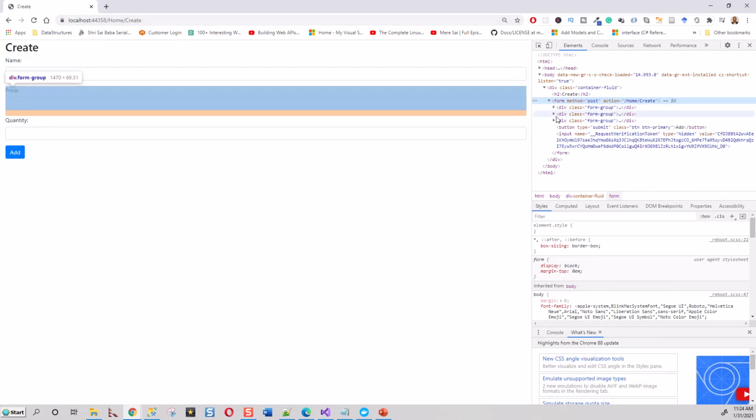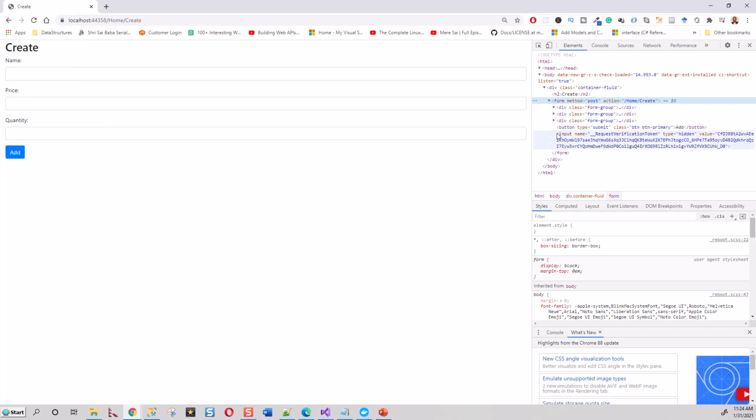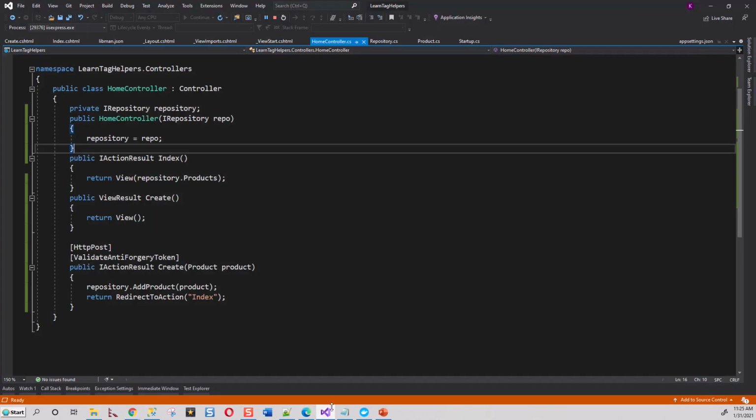home/create, and I'm inspecting this form element, and you can see here the input name is RequestVerificationToken, hidden type with a huge encrypted value. Okay, so this hidden input element is created inside the form element. It contains the security token. This is basically the security token, the request verification token. Okay, this is actually preventing cross-site request forgery by using this tag again, ValidateAntiForgeryToken in the HTTP